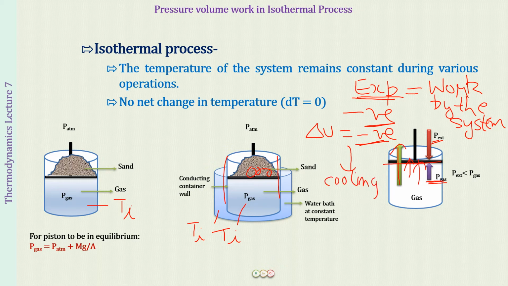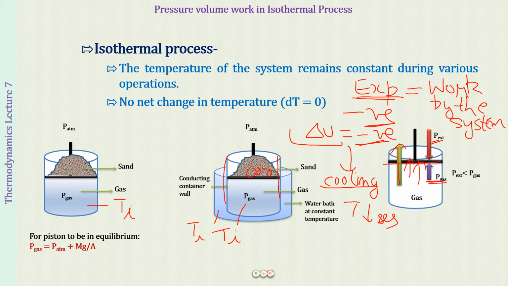Now, the system's energy can decrease either in the form of heat going out, or in the form of work going out. You can understand it better in the form of heat if I give you the example of when it is very hot outside and we all sweat a lot, so that the temperature of the body can be maintained. With that sweat, what is going out is the heat energy of the body. And when that sweat evaporates, it causes a cooling effect. So what you have to remember is whenever the energy of the system is decreasing, this causes a cooling effect. What this means is that the temperature of the system is decreasing.